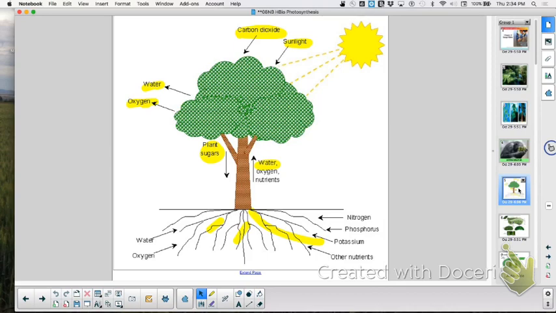What's the formula for sugar? C6. Okay, that's carbon. So we need a source of carbon, and CO2 is the source of carbon. Okay? Don't forget the big picture, right? When you're studying all the microscopic pictures, remember the big picture because you're like, I don't know why. It's a mystery. Okay, so now let's go in a little bit deeper and let's focus in on one of